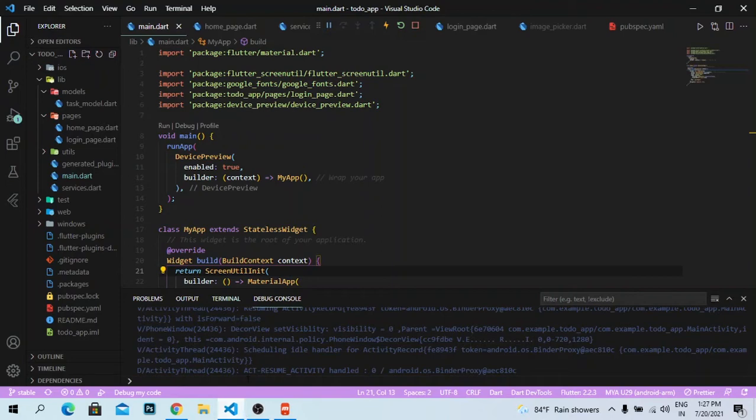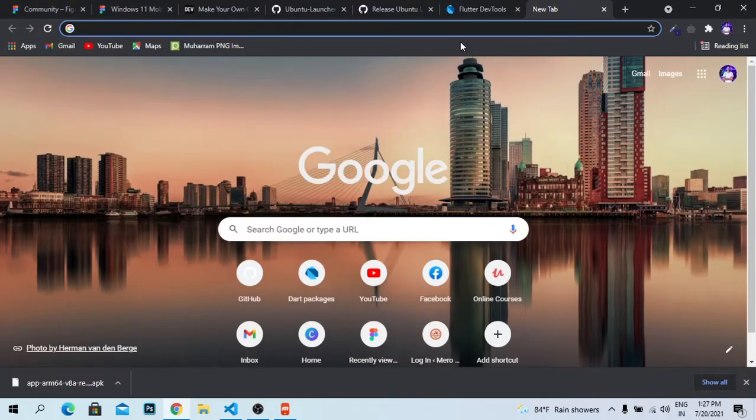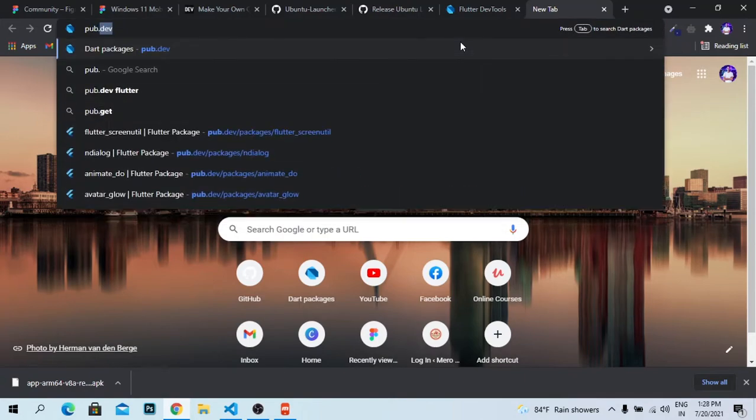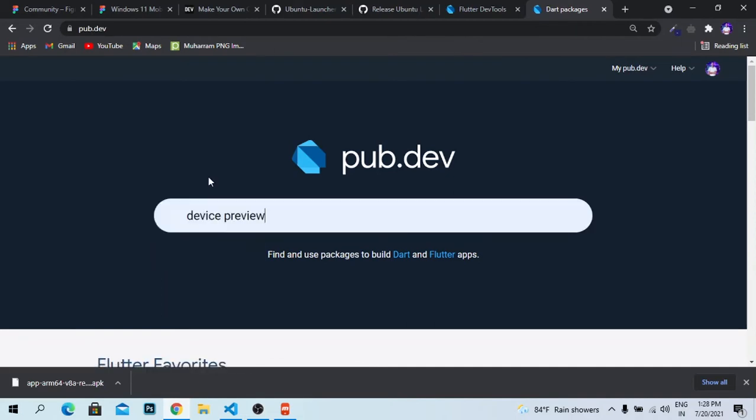So what this package is about: first of all, you need to install this package from pub.dev. So I will go to pub.dev, and then you can search device preview, and this package is really handy, and you can also test your code on the browsers and also on the Windows, Linux and Mac operating systems with just installing this package.